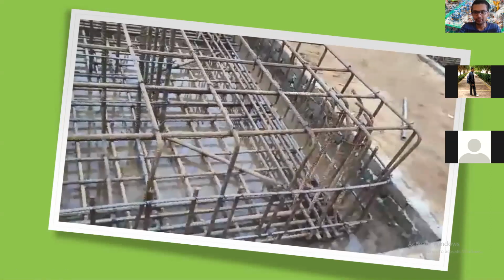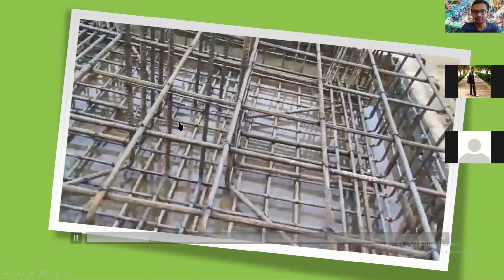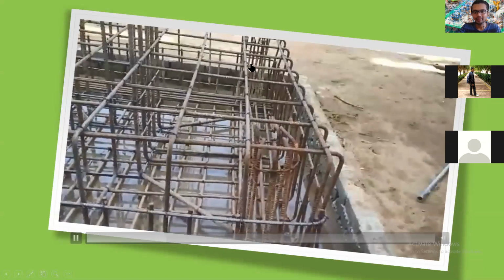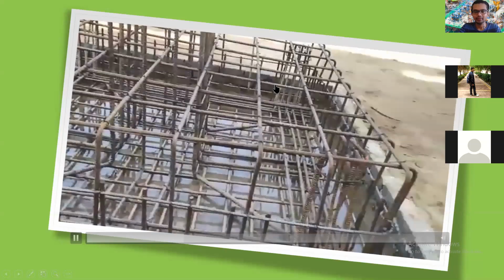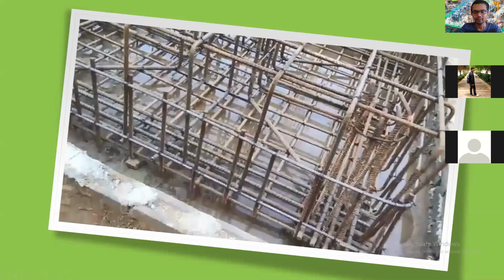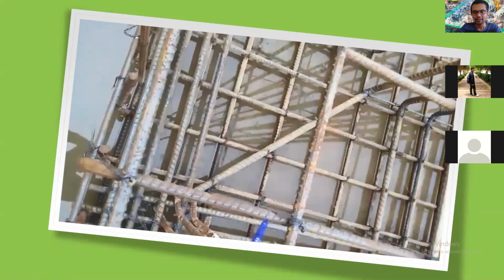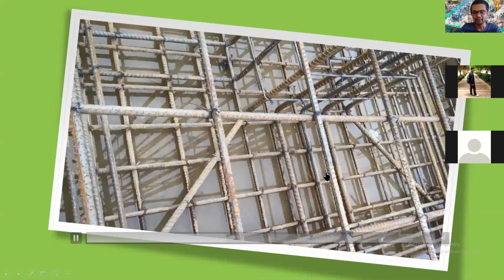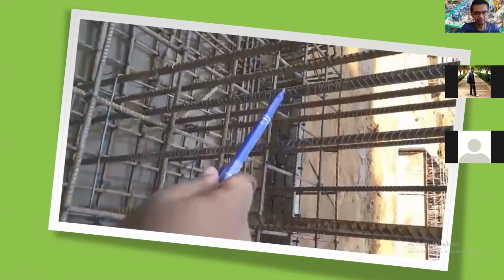As you can see here, this is the pile cap, and we have 4 piles. These are the starter bars of the columns. This is one pile, this is another pile. Like that, we have 4 piles along the 4 corners. This is another one, and this is another one. You can also check the reinforcement grades from here and the spacing between these two reinforcements. These basic things you can check, and after that only you can go for your concreting.